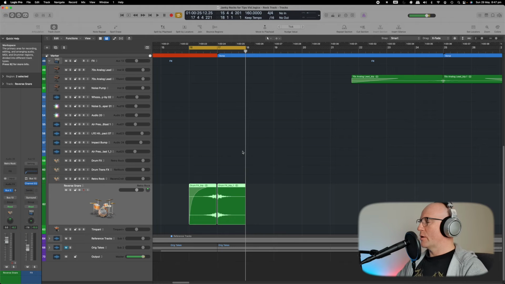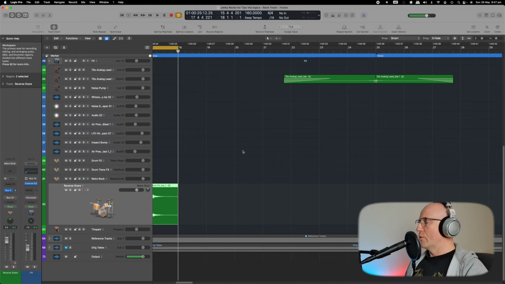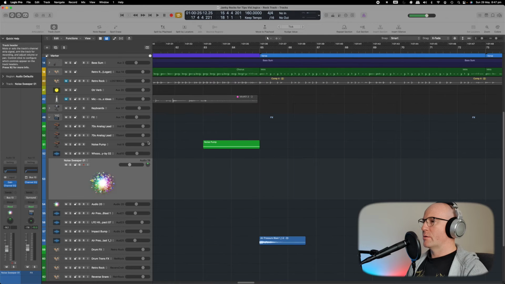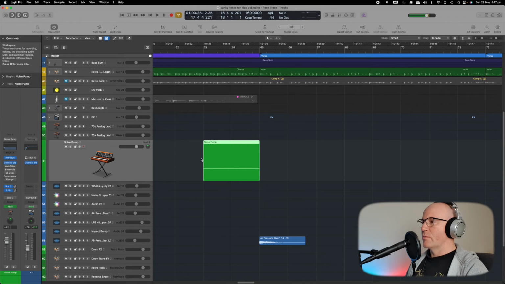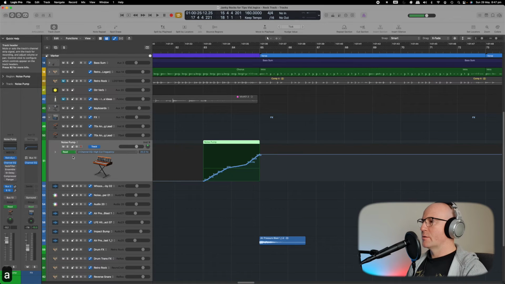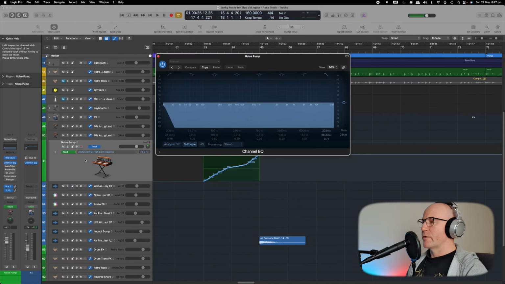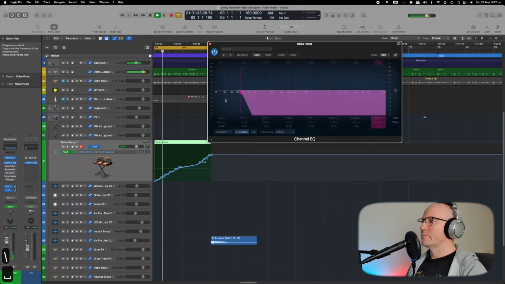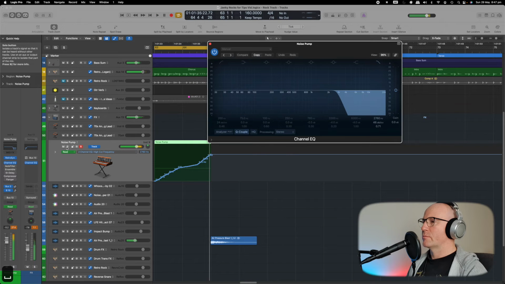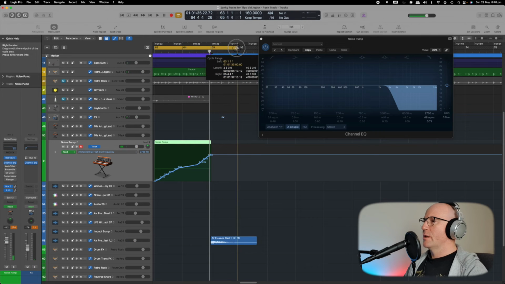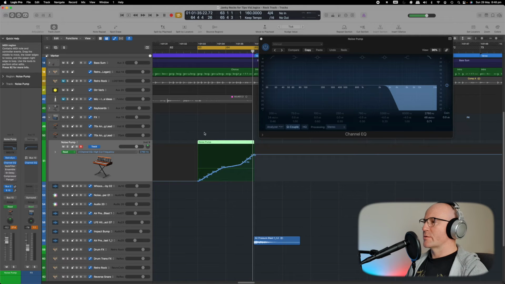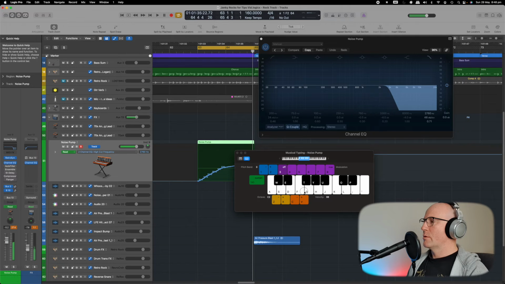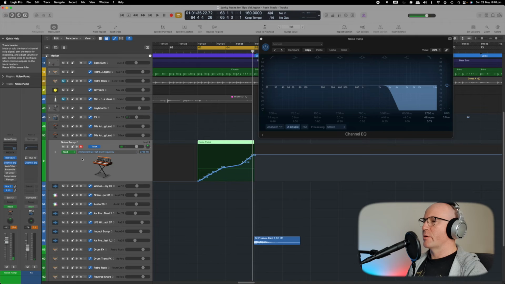Some filter automation as well. So the idea there is taking a MIDI noise part, there we are, this guy. The MIDI part itself is just some straight noise, but run a high cut frequency through that. So if you have a look on the EQ as it plays back, you can see as the part progresses, the high cut filter opens up and lets that noise through. So rather than just getting the straight noise on the part, it sounds more like that. You put the filter over it and it opens up. So if I solo it,